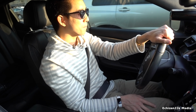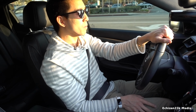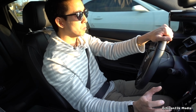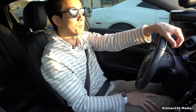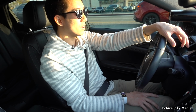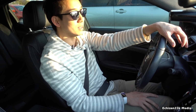There's a couple things that I wanted to bring up. When you drive on the freeway and signal to the right, the screen will actually switch over to the right camera, so you can see if there are any cars in your blind spot. But I recommend checking once in a while, because you never know if somebody's behind you or in your blind spot. So don't rely on that 100%, because I've known people that have gotten into accidents just because they relied on the right view camera to check for traffic,